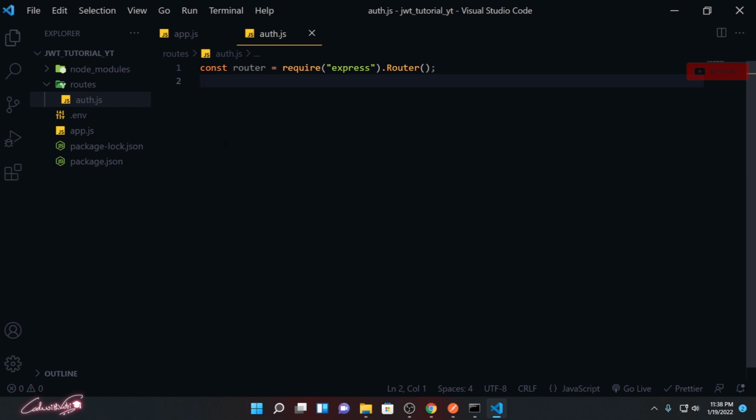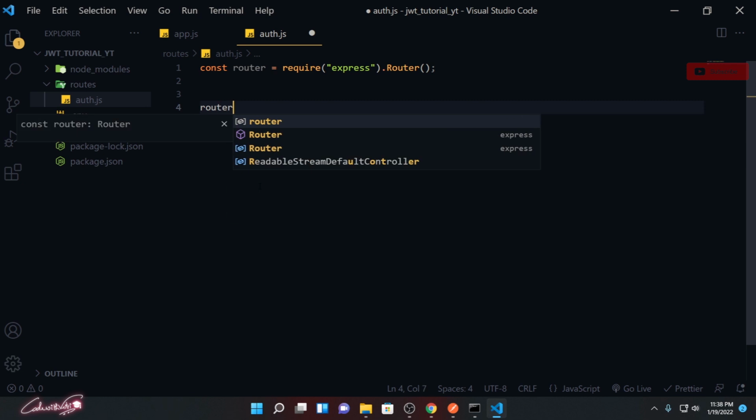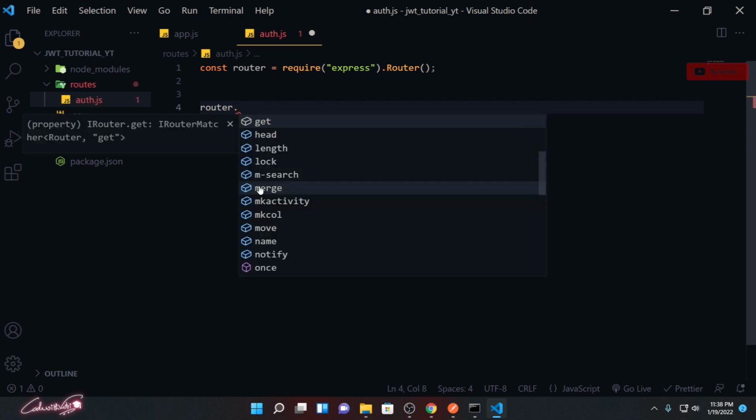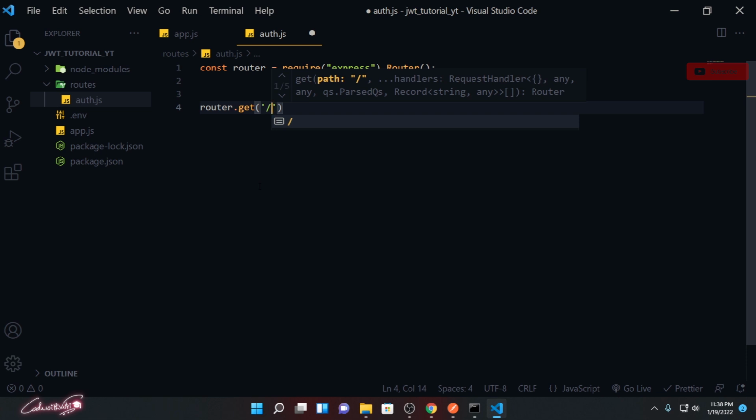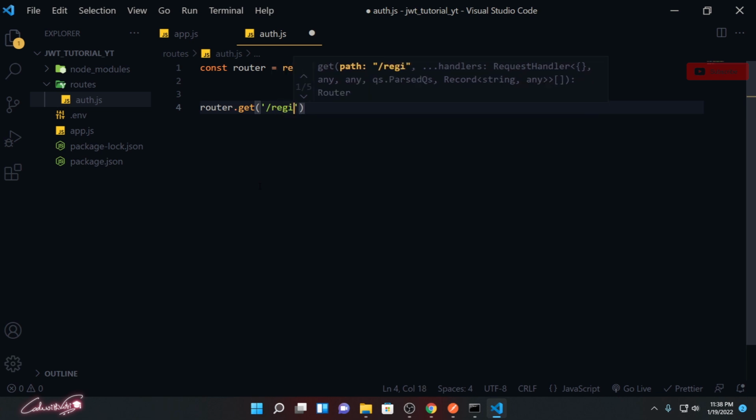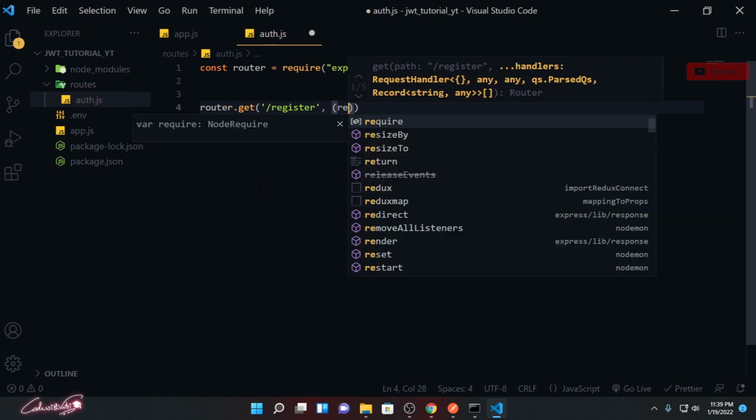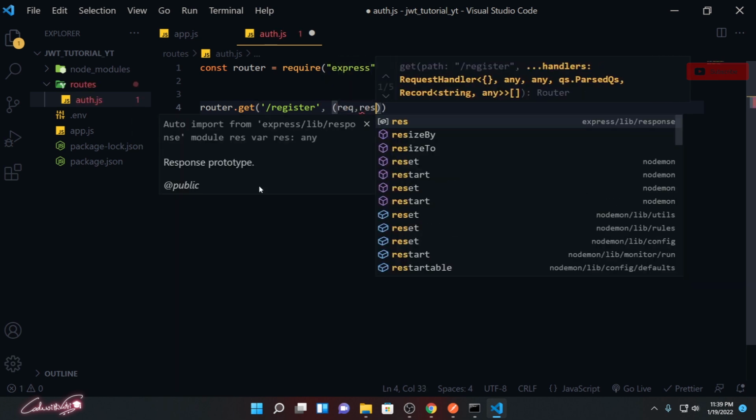Now what we need to do is, we created that router, and right after here, router.get and slash register, and we can give the request and the response.